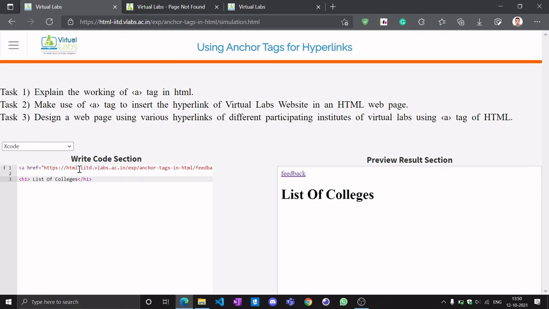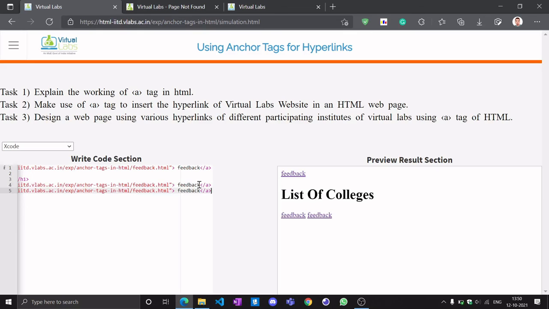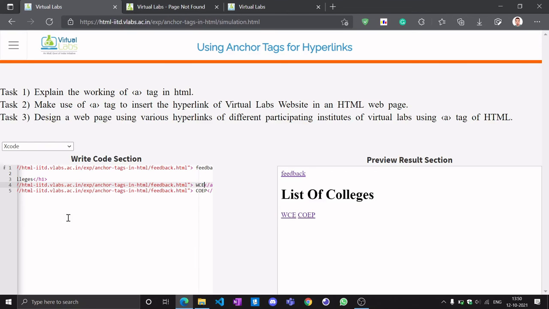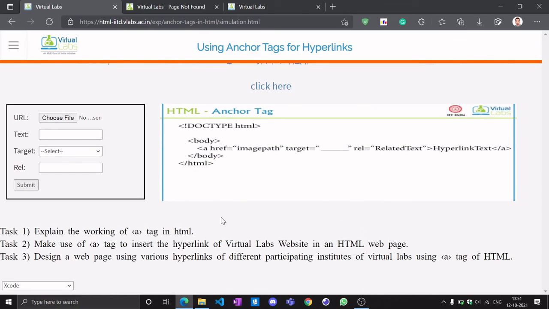So we can mention multiple links using this tag. So let's make it a WCA, or we can basically mention the URL of that college which is participating. Okay, so that's all about the use of this anchor tag, which is used for redirecting to another web page.